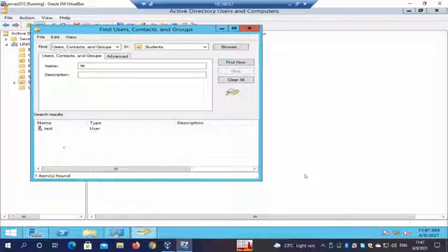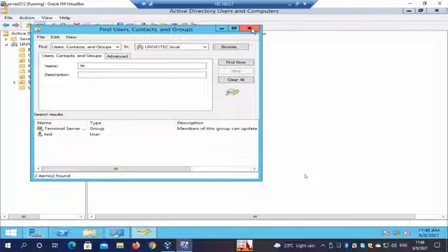So if I had 2 or 3 starting with TE, it will show me here. What if I searched here? Right, so it shows me everything starting with TE.